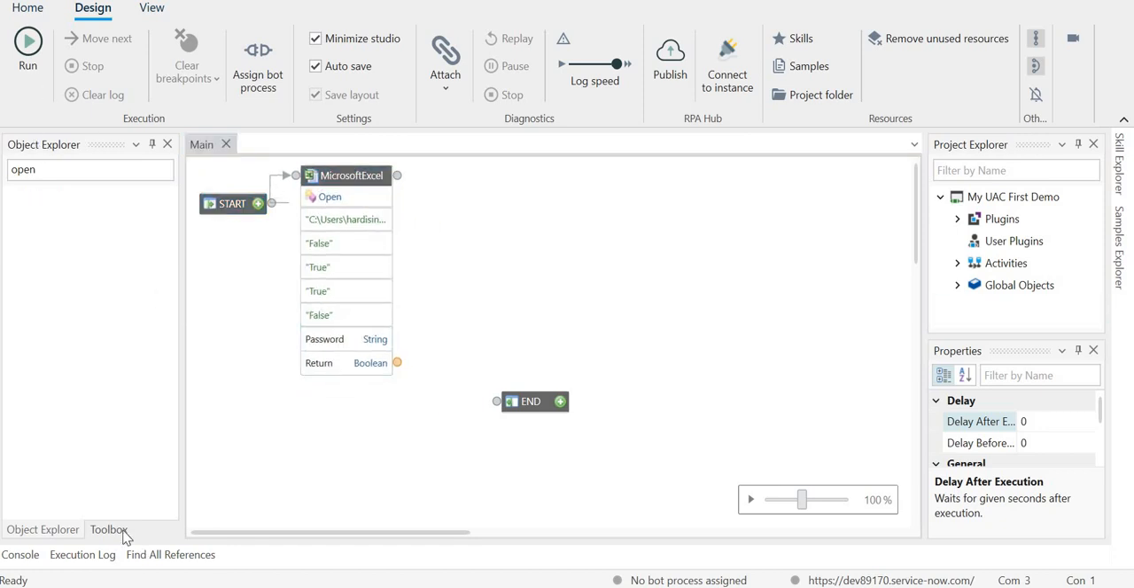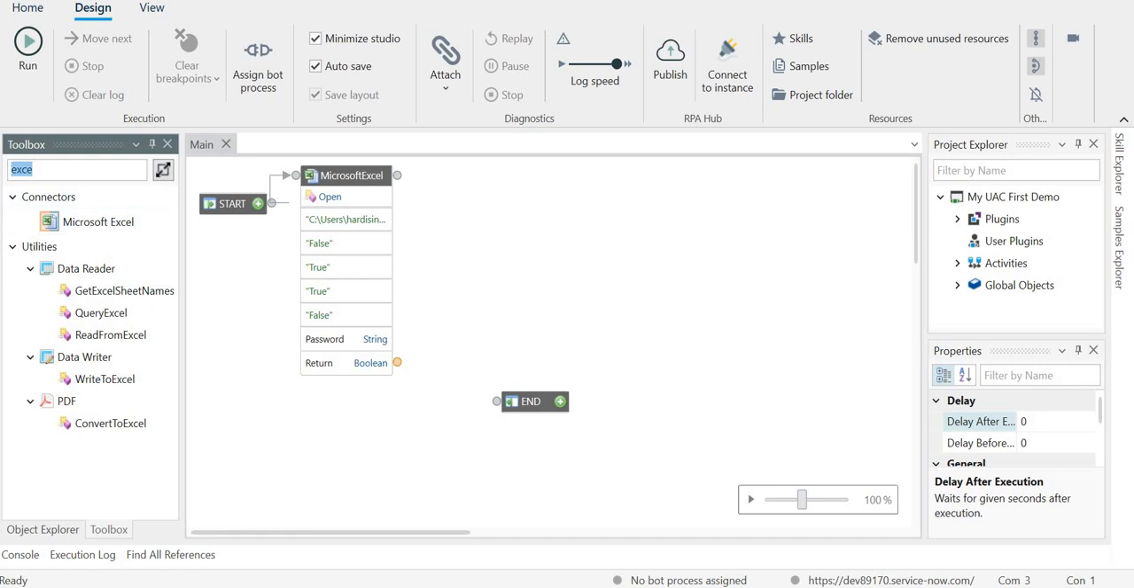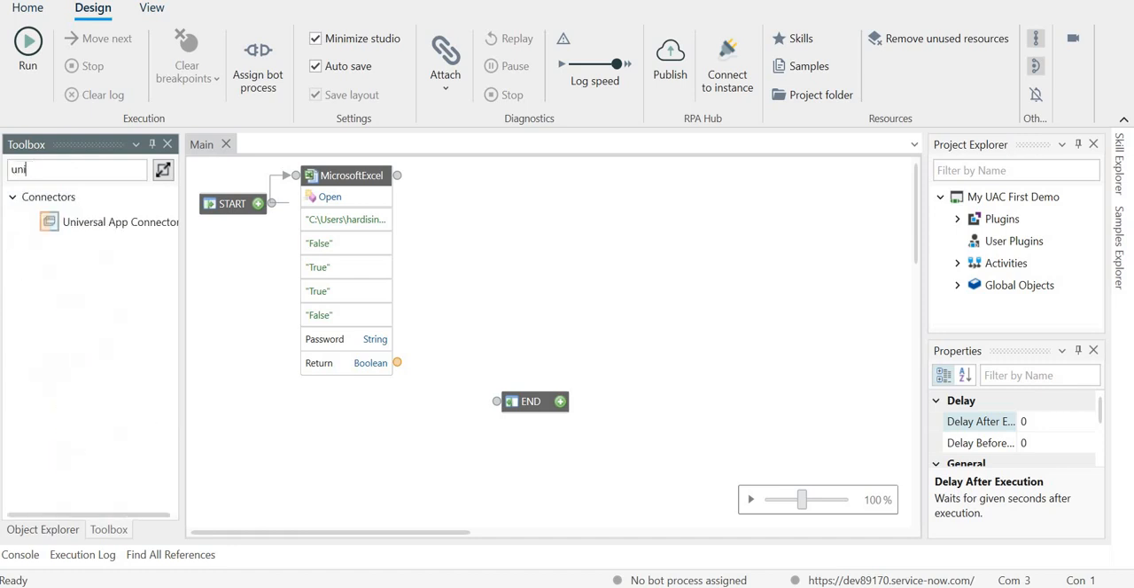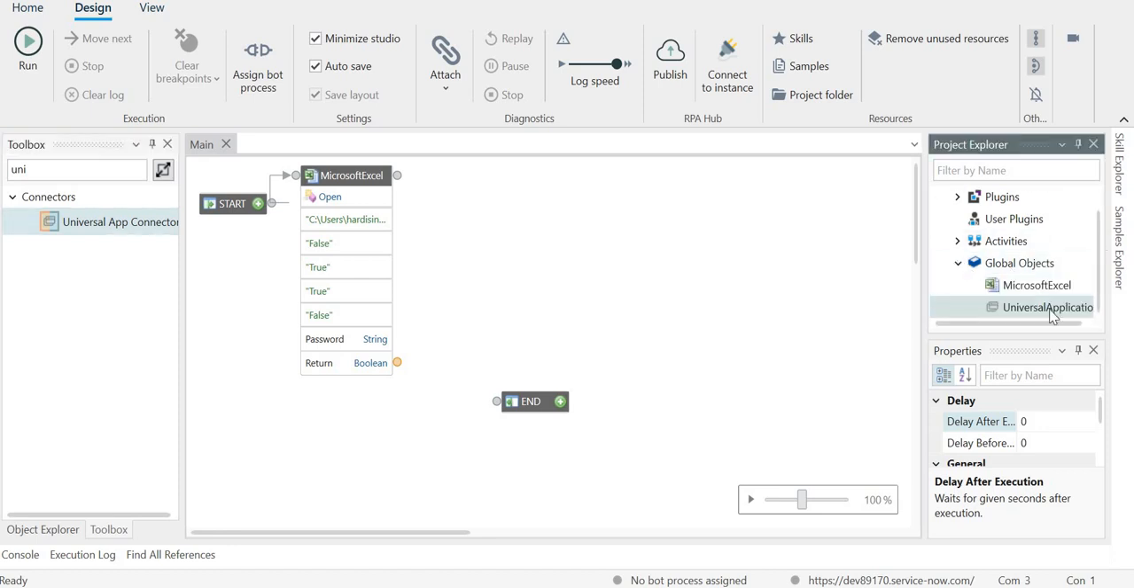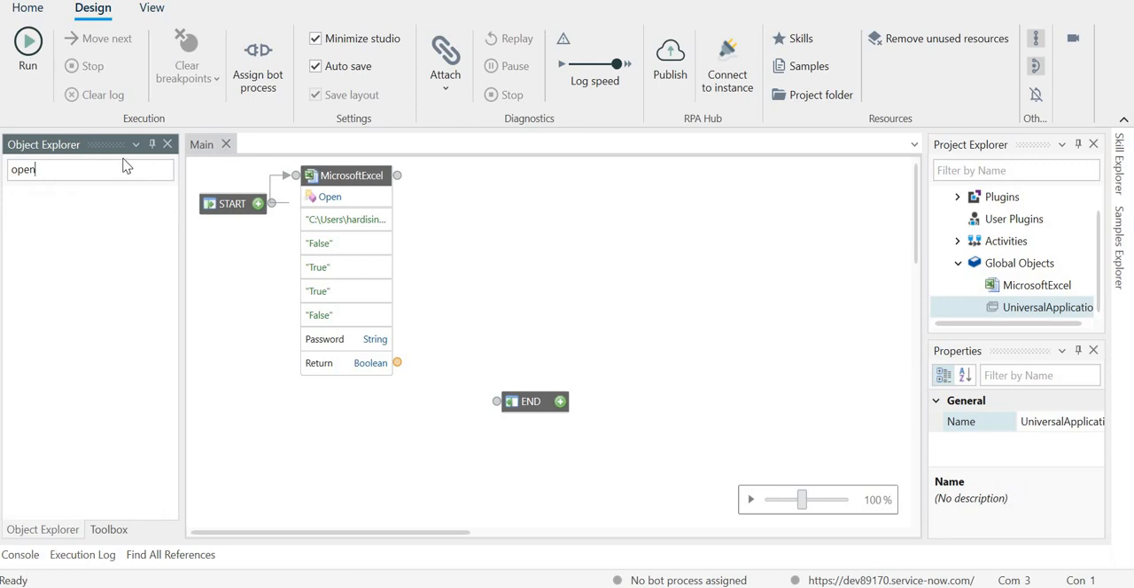After this I will be going back to the toolbox and searching for Universal App Connector, and I will do the same thing. I will drag and drop it here under Global Objects and double click this again and just remove the open, and you can see the start method here. I'll drag and drop it here,